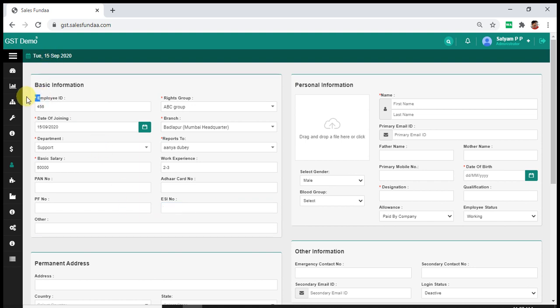But the red marked fields are mandatory. You should fill the red mark information.